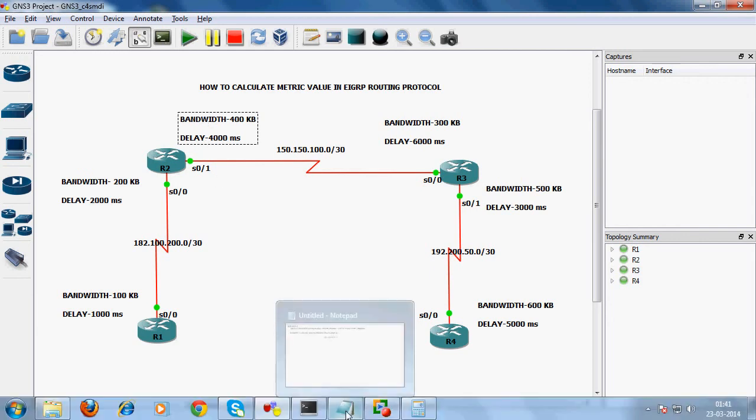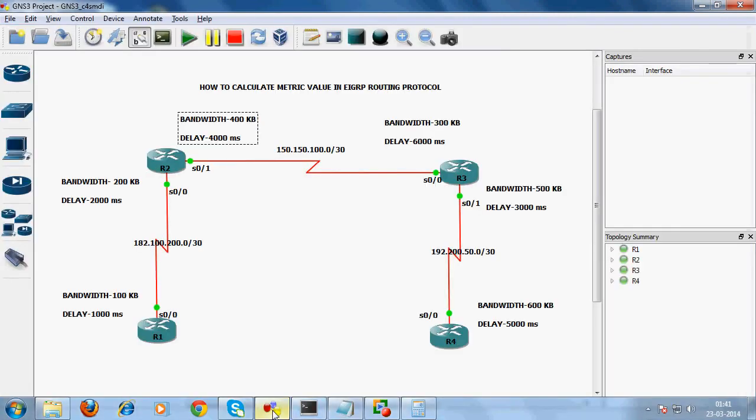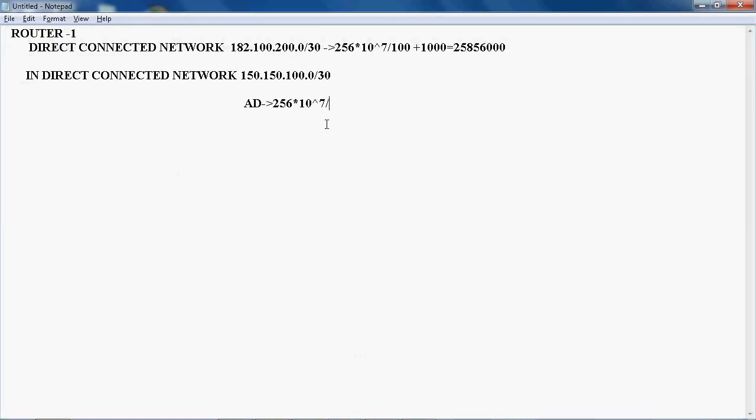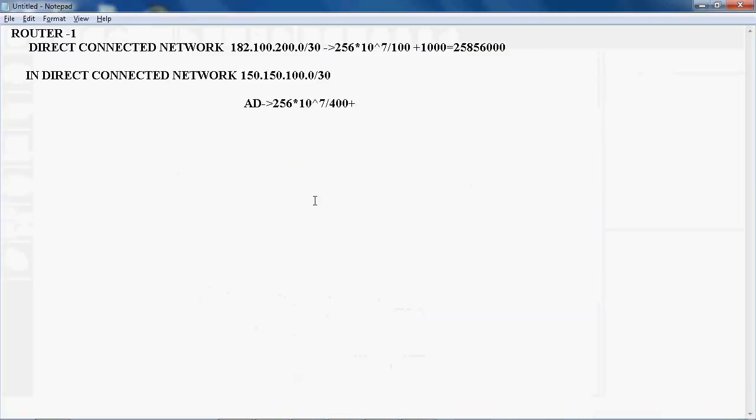So we can go to that notepad. So 10 power 7 divided by the bandwidth, which is 400 kilobytes, plus the delay of the link, which is 4000, equal to, so this is an